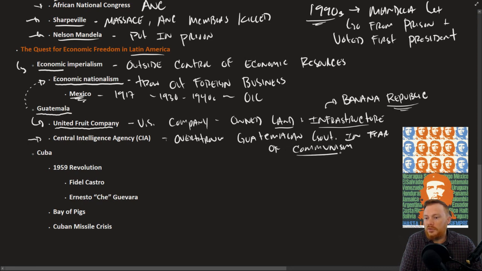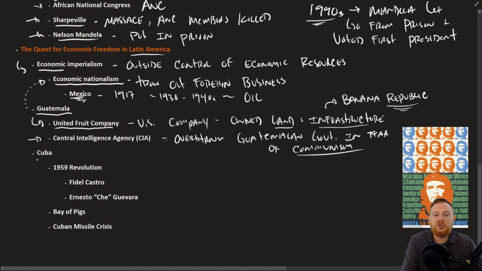And again, this is another good example of how decolonization plays against the backdrop of the Cold War. Guatemala attempting to reclaim its resources, essentially, and the United States seeing this as potentially a way for communism to spread in the Western Hemisphere, which was not acceptable at the time. And so the government of Guatemala was overthrown by the CIA. And in the decades following that, there's been a lot of instability in that particular region.